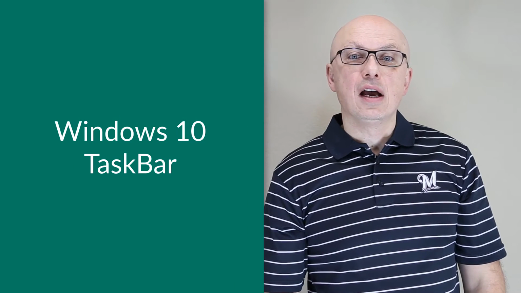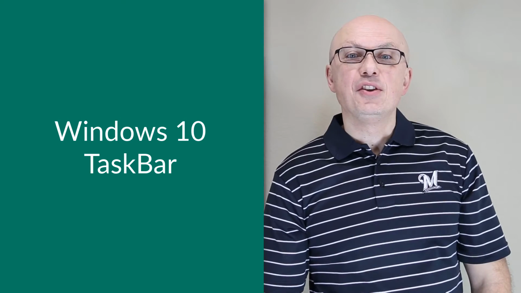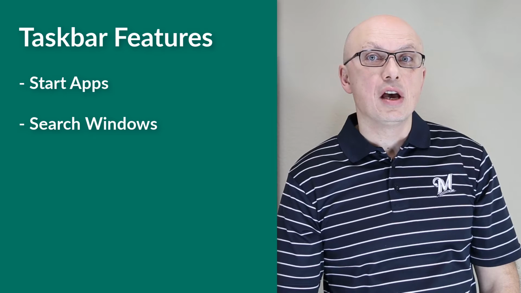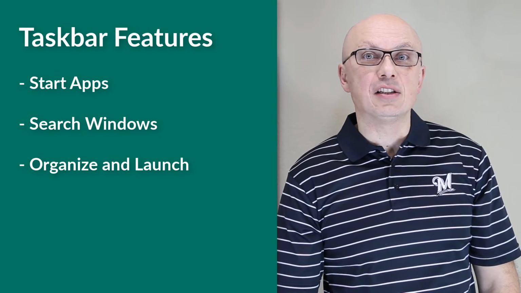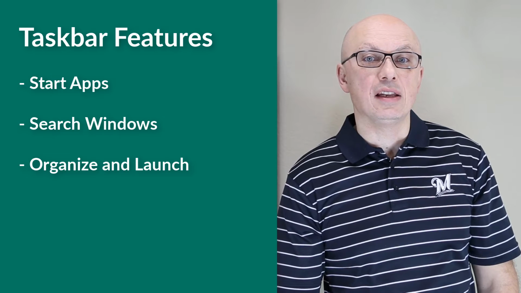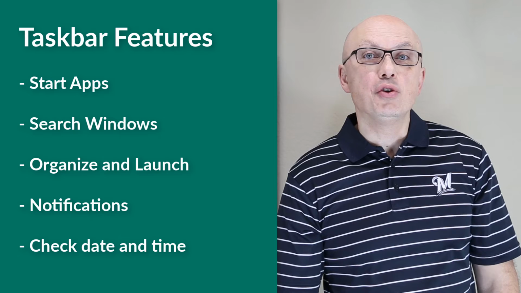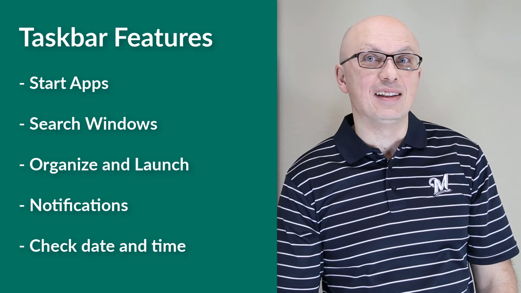Windows Taskbar allows you to start applications and view the current status of Windows 10. Using Taskbar, you can invoke the Start menu. You can search Windows by using text and voice commands with Cortana. You can organize and launch different applications in Windows 10 right from the Taskbar. You can also control notifications. You can check the date and time, and you can launch Windows Desktop with that small button on the right